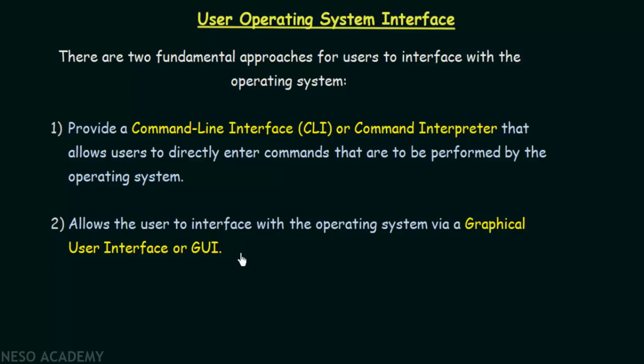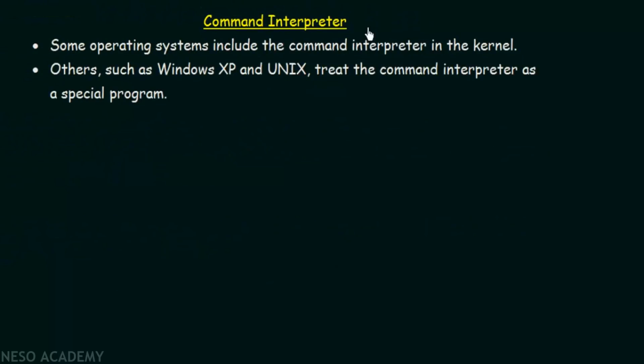Now we'll be seeing a little bit more in detail about the command line interfaces, and then we will take an example of how to perform a certain task using the command line interface in two different operating systems. I'll be showing you an example in the Linux operating system and also in the Windows operating system in order to perform a certain task. So as I already told you, the command line interface is also known as a command